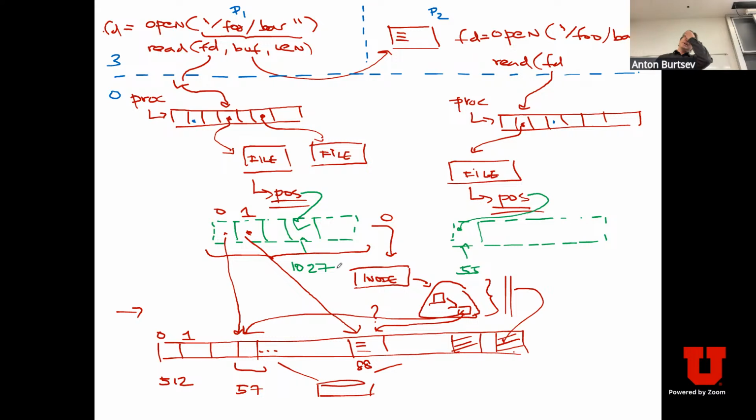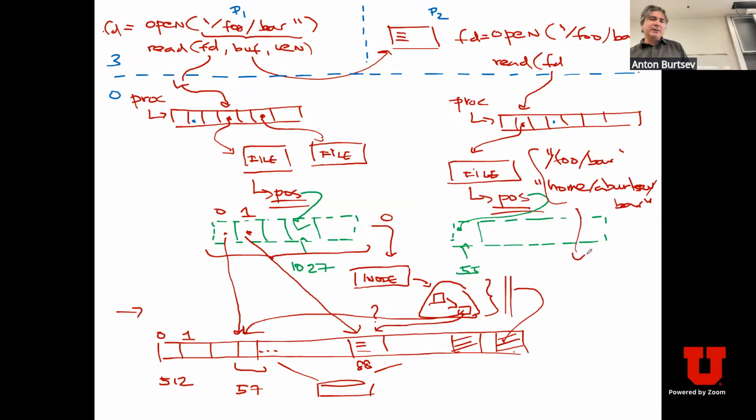So you can create symbolic links and say, look, the same inode is known under the name foo bar, and as well under the name home, aborts, whatever, bar. That's just because I said, okay, I want to access this file from a different name, from a different place in my file system as well, right? And those names are resolved into inodes by a layer of